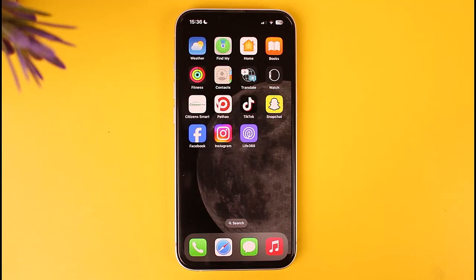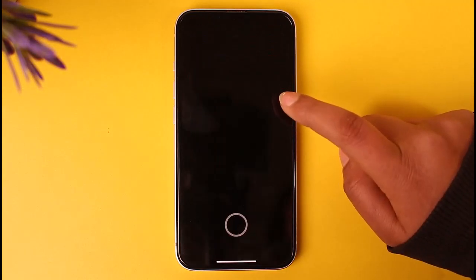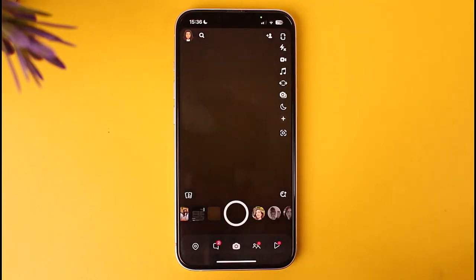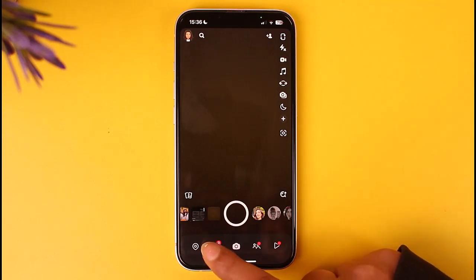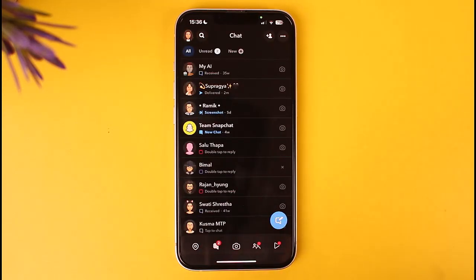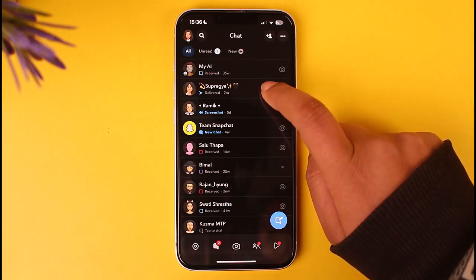Let's get into it. So for that, all you have to do is first of all access Snapchat on your mobile phone. After you have done so, simply go ahead, tap on this little chat icon beside your camera icon below section. Here you will be able to access all of the chats and all of the friends you have got. If you would like to remove a particular friend of yours, all you have to do is simply tap